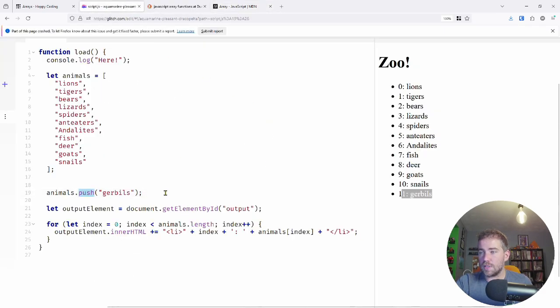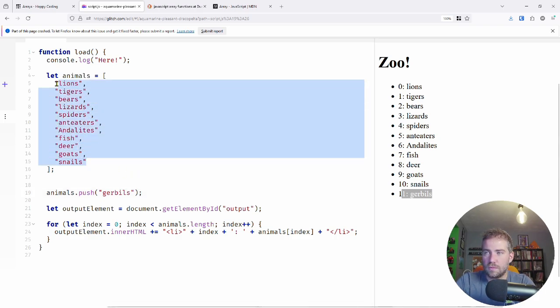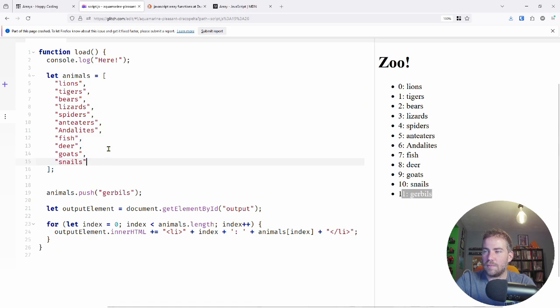Okay, so then just a couple more things to talk through. So I can push stuff to my array. The other thing is that there are functions in JavaScript that give you arrays. So instead of hard coding a big list of animals, let's say I wanted to ask my computer, actually, maybe I'll pause and say, so you've seen the